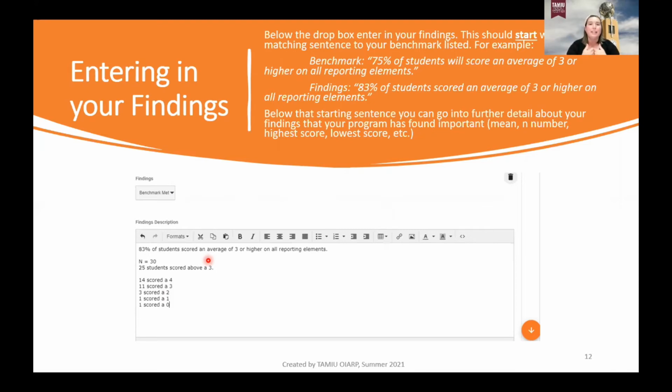Then you can start getting into the details of those findings. As you can see, in this example, we've given some details. What was our N number? How did each of the students individually score? And that gives you some more insight, as well as what we want to start aiming towards,